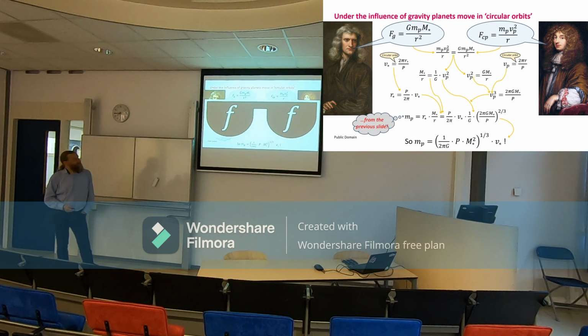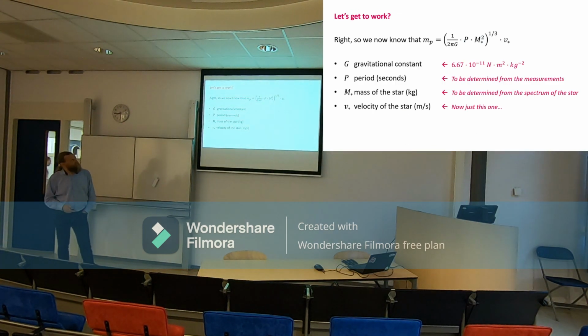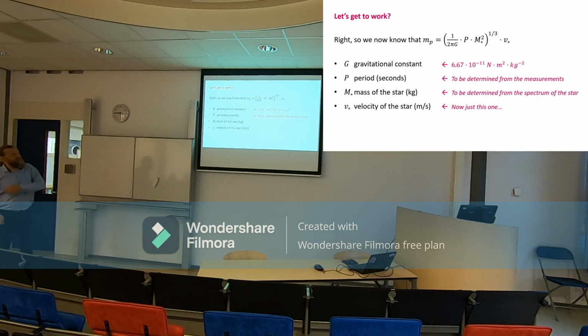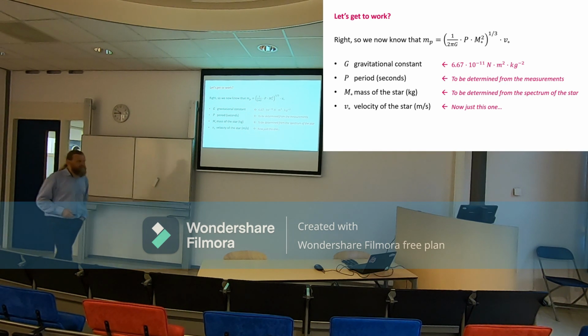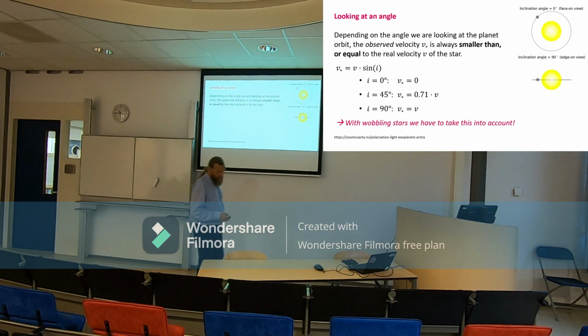It works. So what we know is that for that formula we need the gravitational constant, the period in seconds, the standard unit, the mass of the star, and then we need the velocity of the star. And for the velocity of the star, we do the next thing. We look at the star, so we have this top view or the side view or something in between,